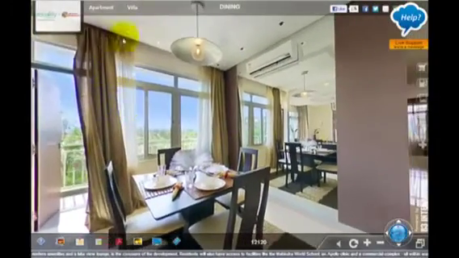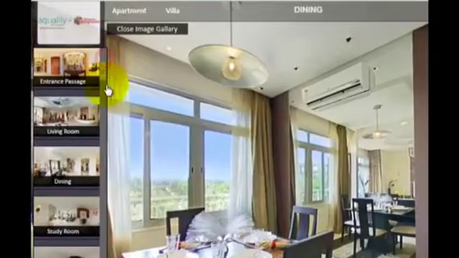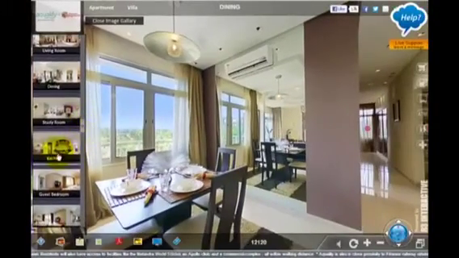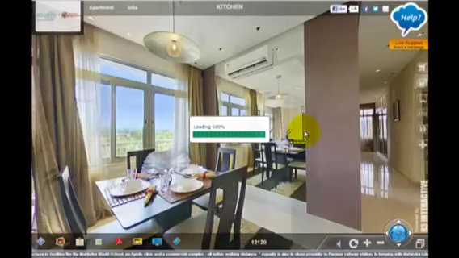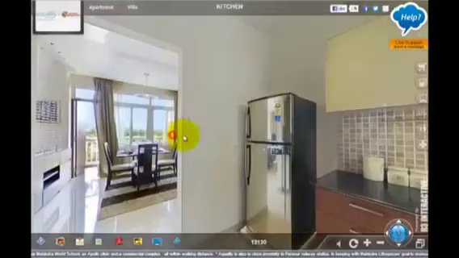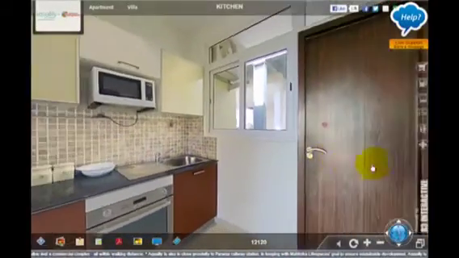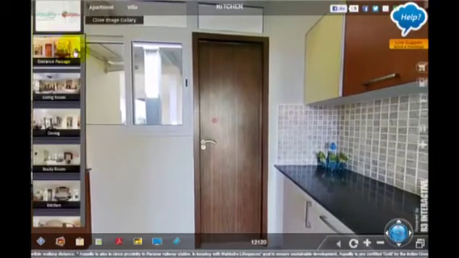This is amazing how you can walk around, turn yourself, go around all the 4 directions, click on one drop down menu, see the photos of all the rooms, click on the room that you want to go into and that room will load up. And now I'm loading one room from this sample flat. Now we are in the kitchen. I can walk you around the kitchen. You can walk yourself with the navigation keys or your finger on the touch screen.